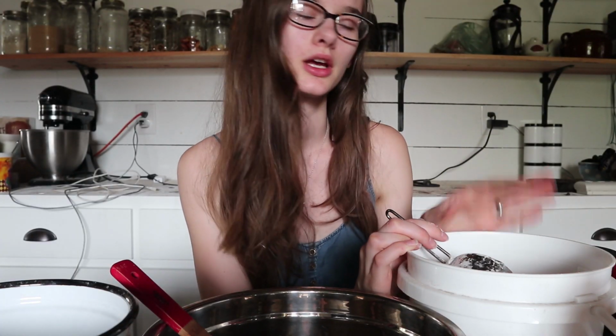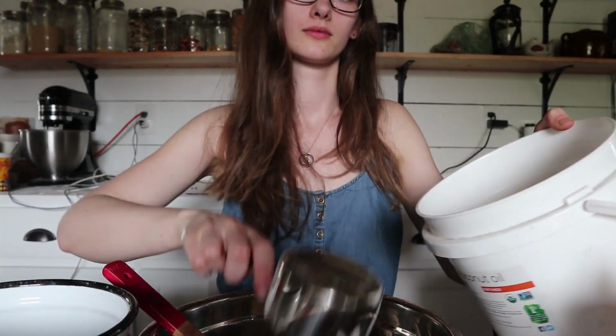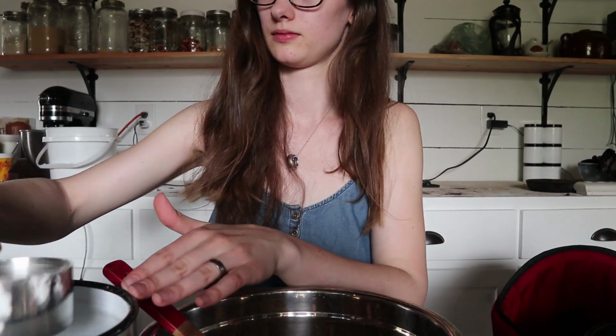I usually double this recipe, but I'm going to make just a regular batch to show you guys how to do it. You're going to take 4 cups of your oats, a 1/4 cup of flour, a 1/2 cup of peanuts. You can also add a 1/2 cup of roasted pumpkin seeds or something like that, but my husband doesn't like those, so I don't add those anymore. But they are also really healthy. 1/2 cup of chocolate chips,